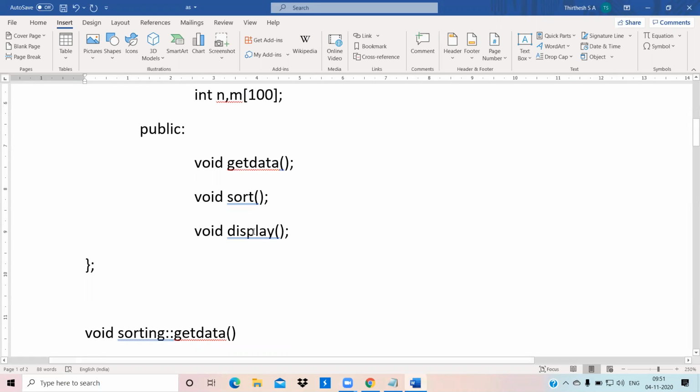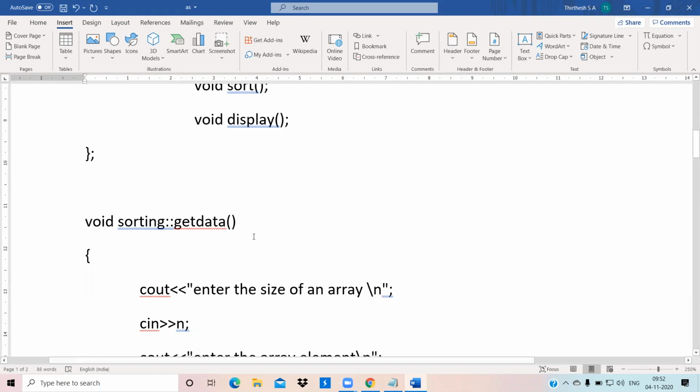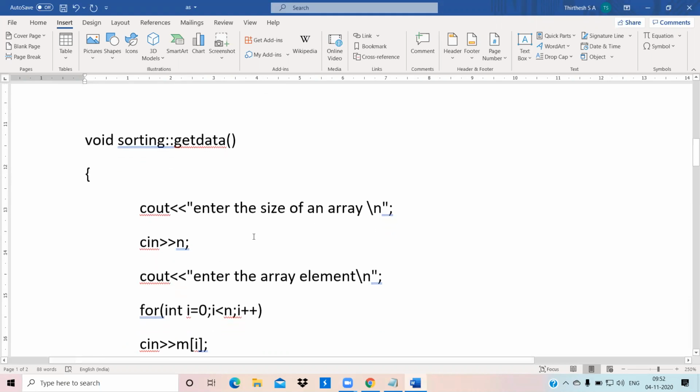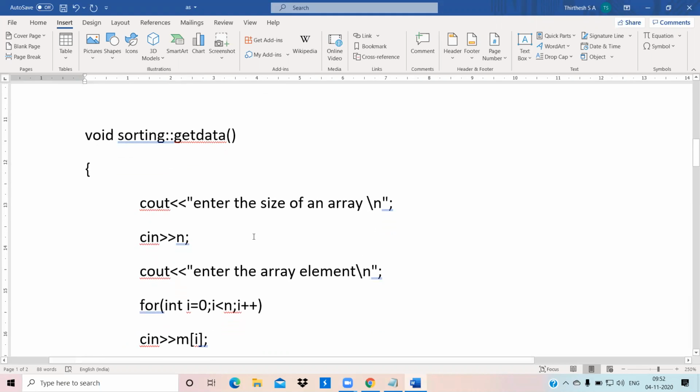Then inside public, I declared my functions called get data, sort and display. Now, in the function, it says enter the size of an array. I am going to enter my size of the array as n equals 5.